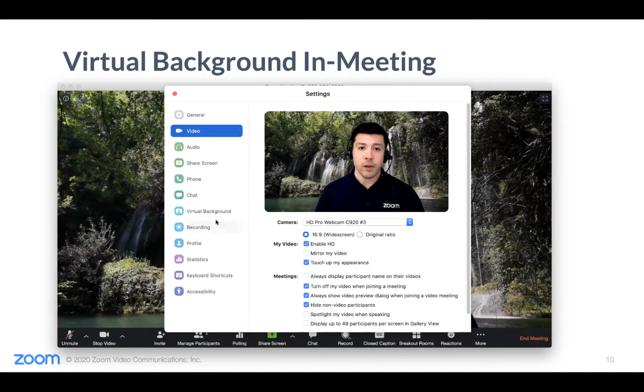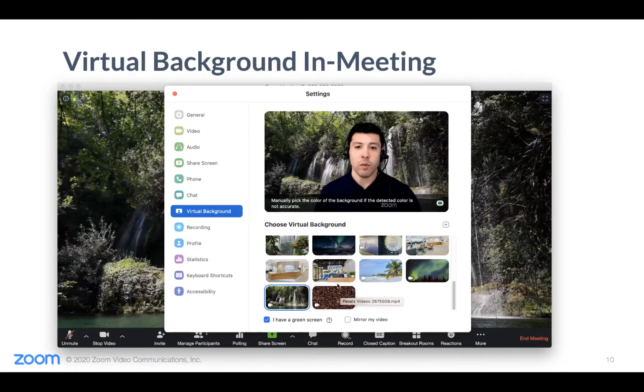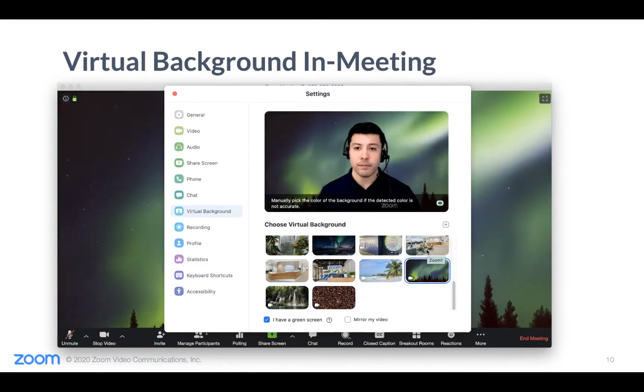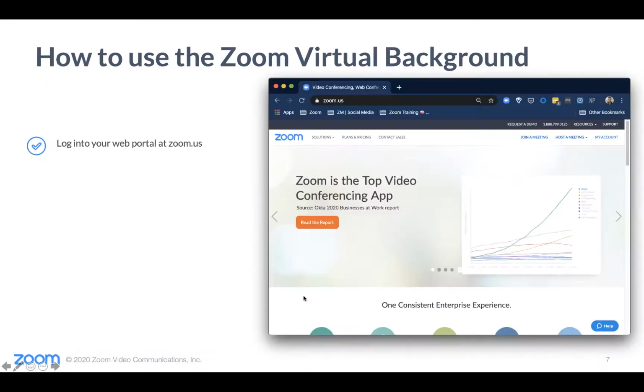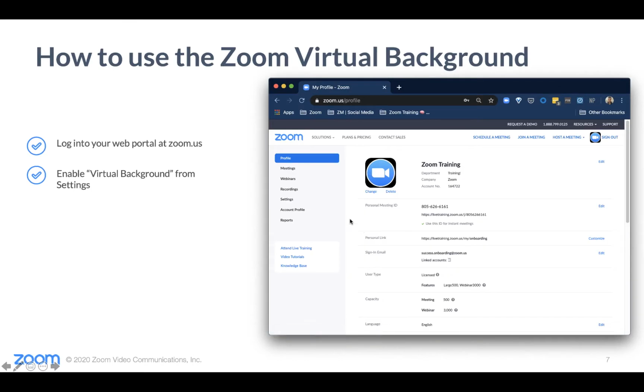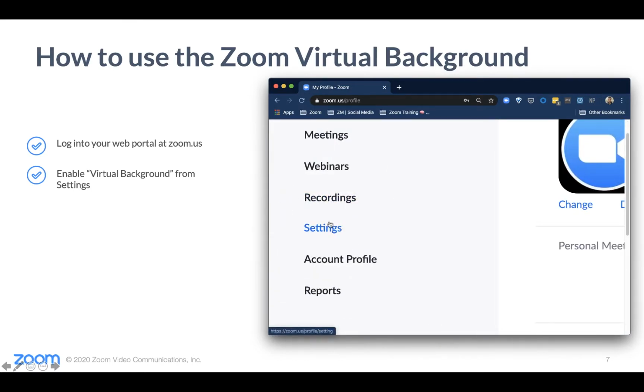The Zoom virtual background is available for your meetings, webinars, and your Zoom rooms. It's supported on Windows, Mac, Linux, and iOS devices. To get started, log into your web portal at zoom.us. Once you're logged in, navigate to your settings on the left-hand menu,